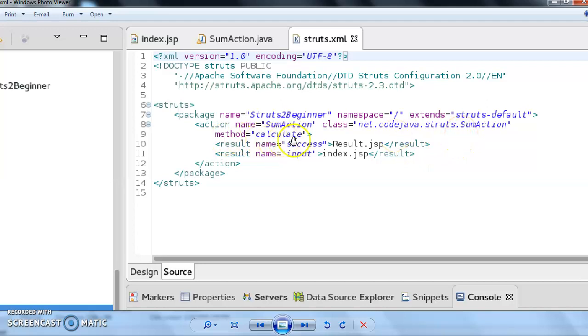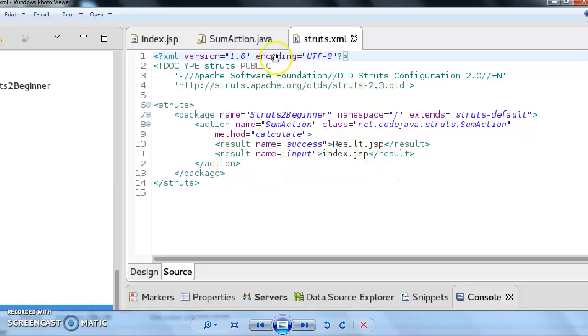And the method is calculate. Observe here, this calculate method is going to return the result, and if the result returned is successful, it will return the string success. So here we have specified the result name as success, and if the addition is successful, then the user will be redirected to this result.jsp page, and for the result name input, it goes to index.jsp.